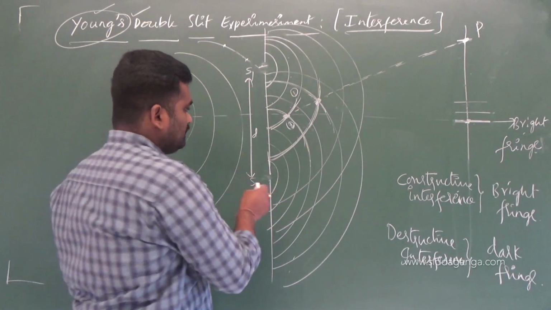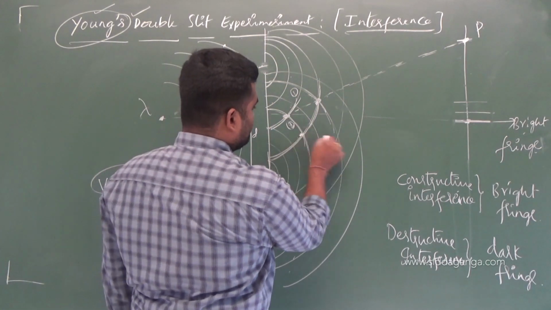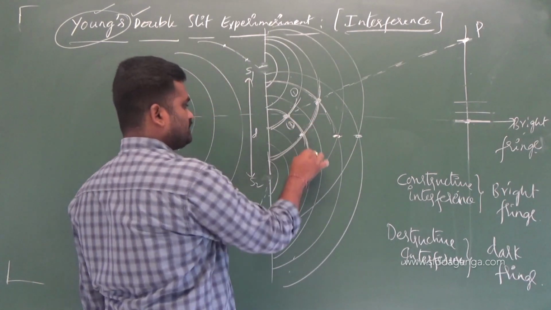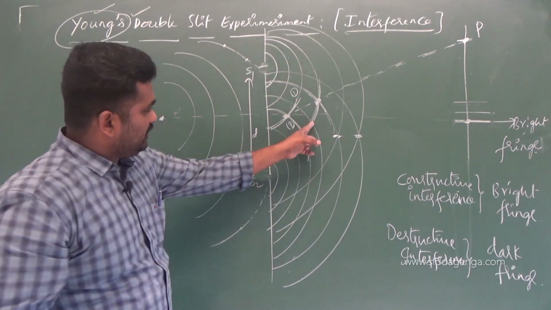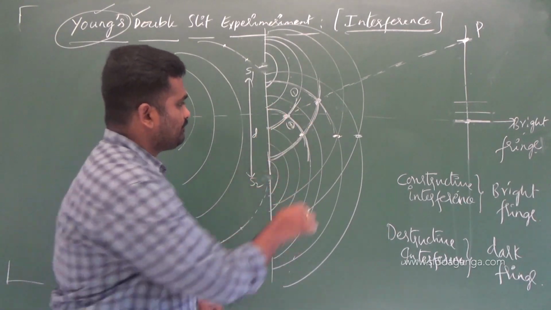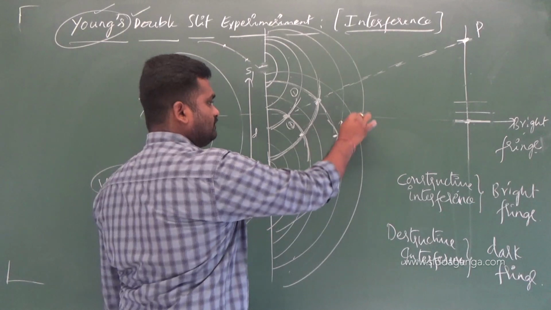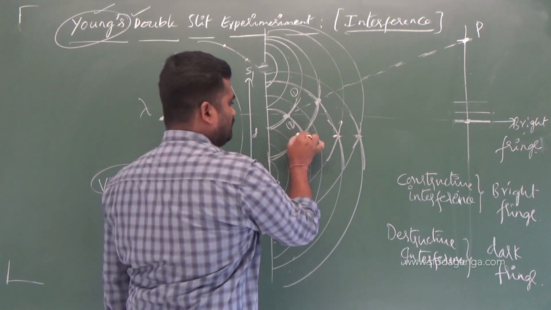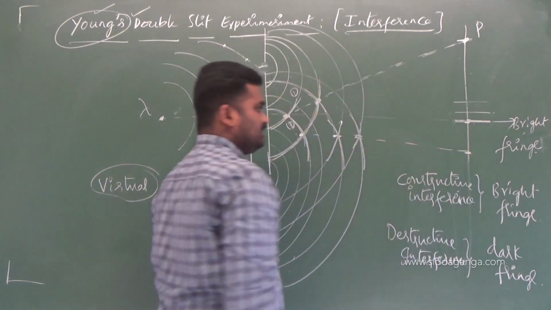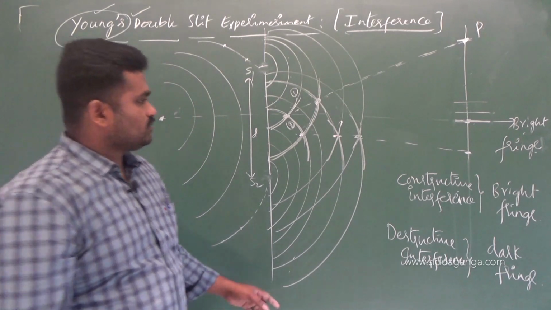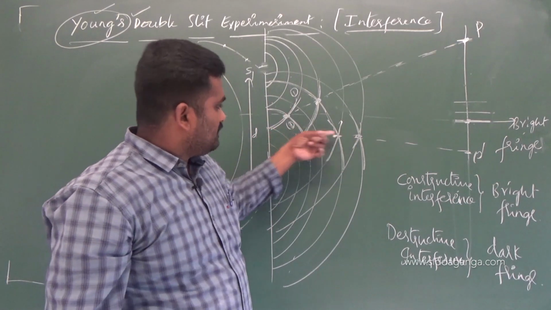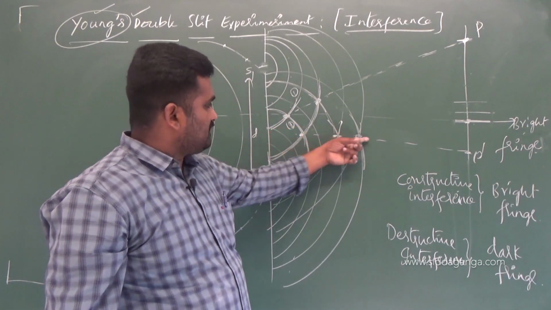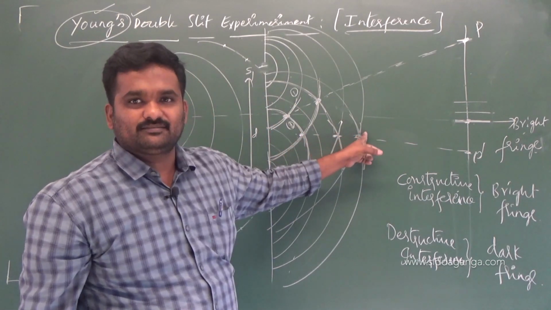Once again, these waves are going to be superposed here. Let me say this is one wave from slit 1 and a wave from slit 2. So all these waves superposed to form a certain intensity on the screen. What will be the intensity at this point P dash? It depends on the phase difference between the two waves which are superposing here.